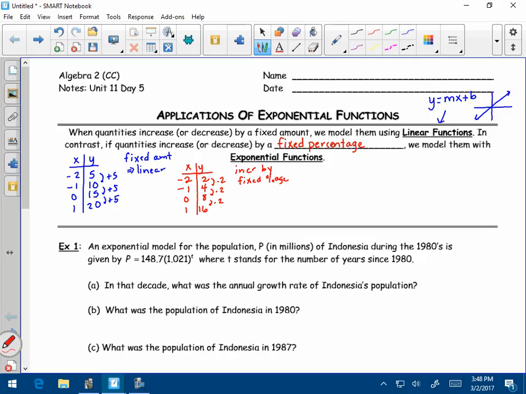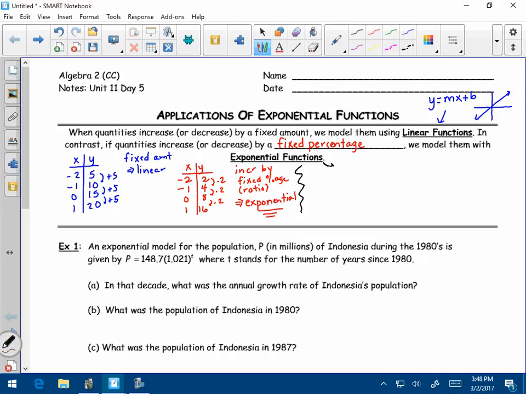I'm multiplying by 2, I'm doubling, so it's a 100% increase. I'll talk more about that in a minute. But it's a fixed ratio. That's a geometric sequence, or in function world, it's an exponential function. And those are the functions that we're really interested in this unit. Okay, so all of that to say,